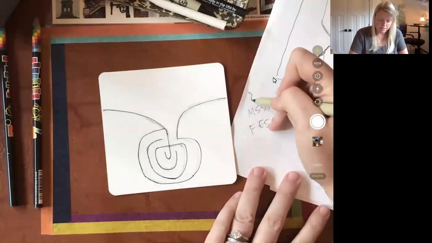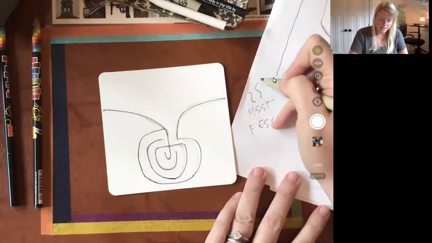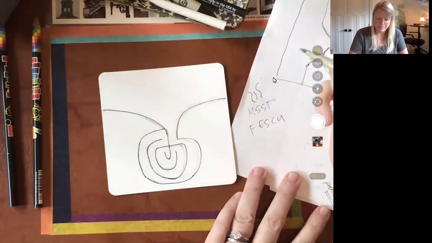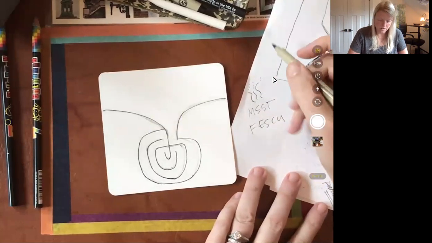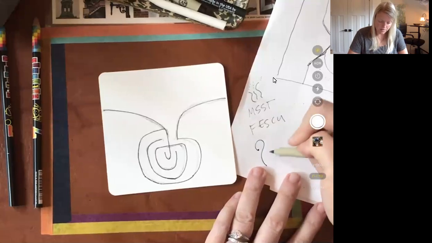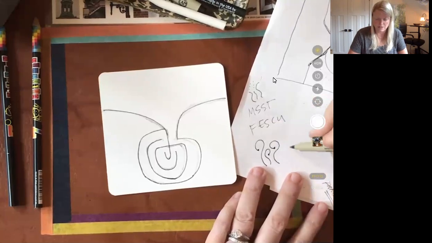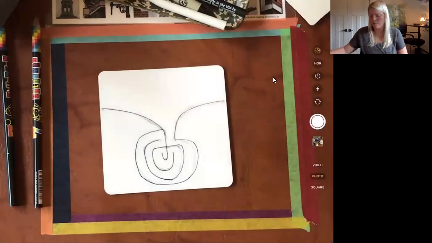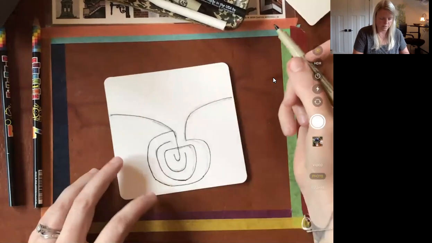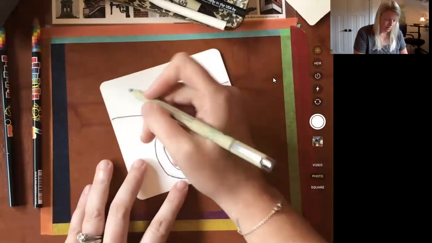Mist, if you've never tangled, looks like this, and I'll draw it on my tile in a second. I love it because it gives an airy quality. And Fescue looks like a river where you want to plant your seed. So I create a tiny seed and then I just grow wherever it wants to go. I tangle both directions with Fescue, but you might like doing it one direction. So I'm just going to give a few minutes of tangling with Mist or Fescue,